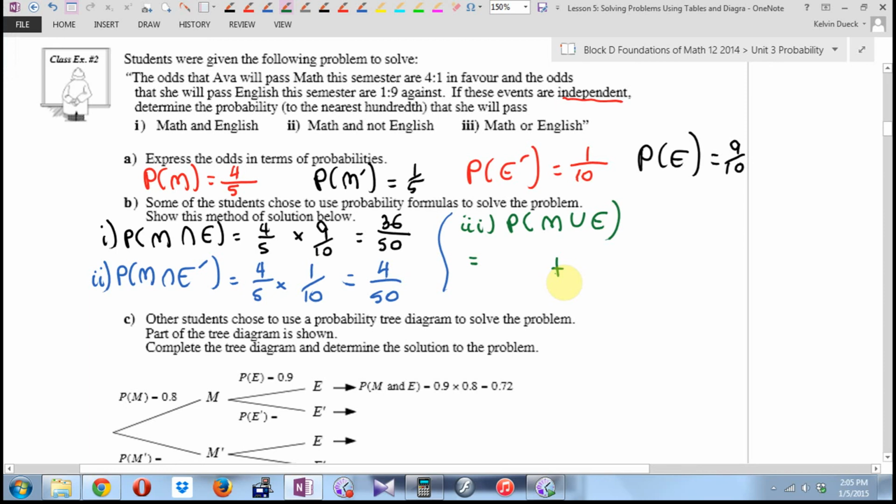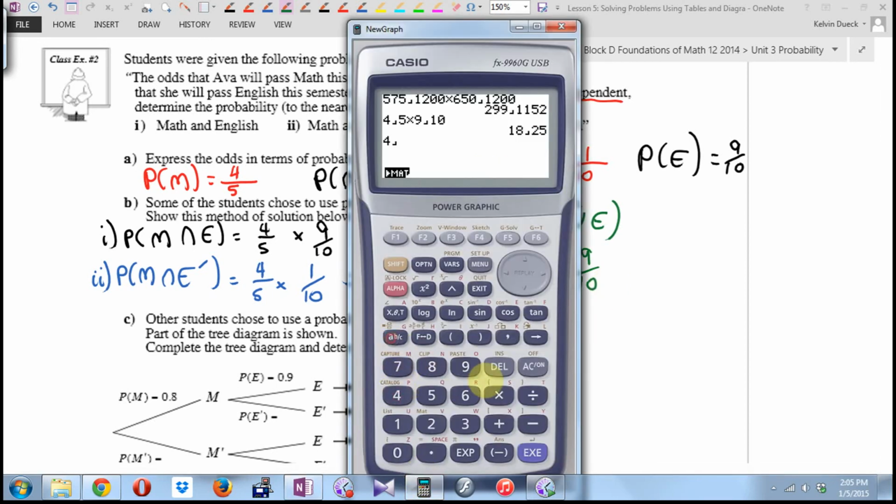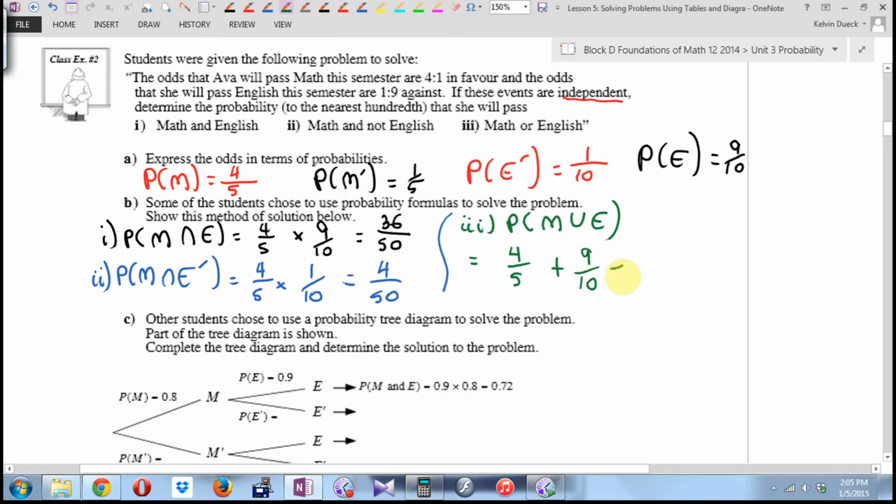So what's math? 4 out of 5. What's English? 9 out of 10. And by the way, here's how you can tell this is wrong. If you add 4 out of 5 and 9 out of 10, you get an answer bigger than 1, and I already yelled at Brendan saying you can't be bigger than 1, minus